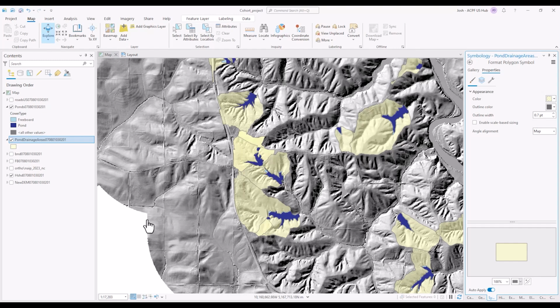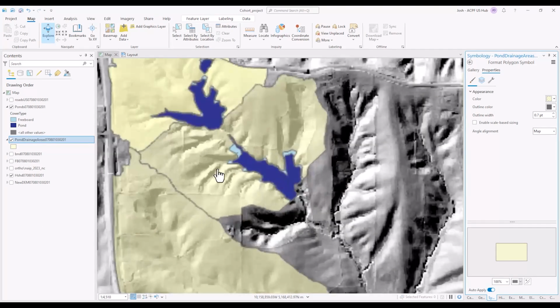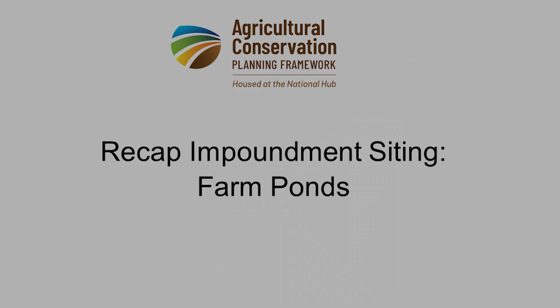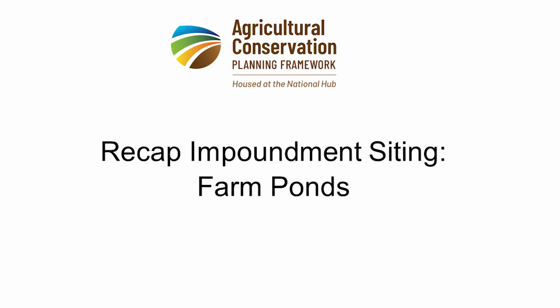As a reminder, changing transparency allows us to see what landscape is behind the drainage area. We now have an idea of the actual structure of the pond, what portion is pond and what portion is freeboard. To recap, we ran the Farm Pond tool and discussed how we can use the results to determine the actual structure of our ponds. In the next video, we will run the next impoundment siting tool, WASCOP,